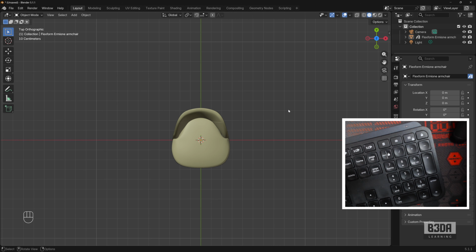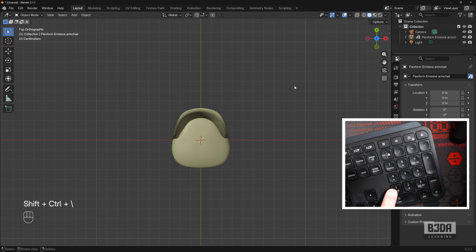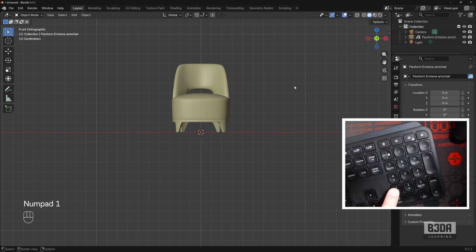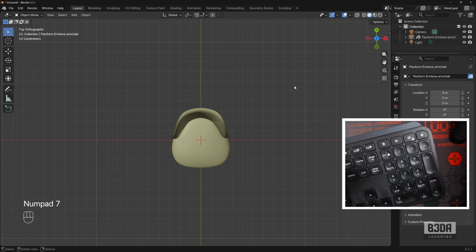How do I know that it's the top view? If you take a look here on the top left side of your screen, you'll see that Blender will display the name of your view right here. Now, if I press, for instance, number 1, it will go to front view. Number 3, right view. If I choose, for instance, number 7 again, and if you press Ctrl 7, it will go to